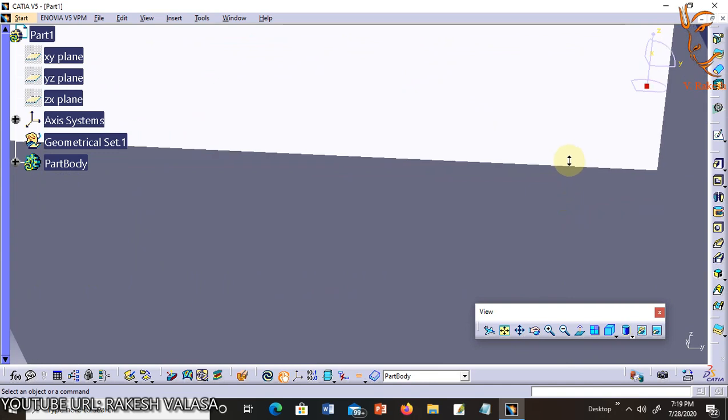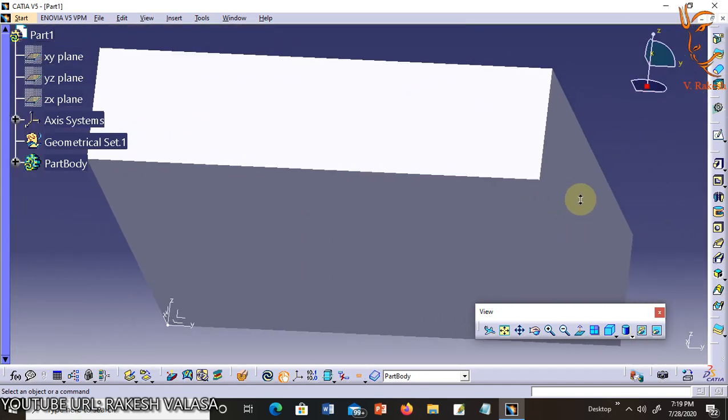Now use the mouse to drag the cursor up the screen and the part will zoom in. Using the mouse to zoom in is a much smoother zooming method.